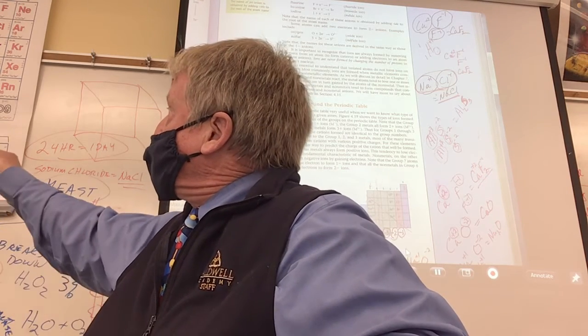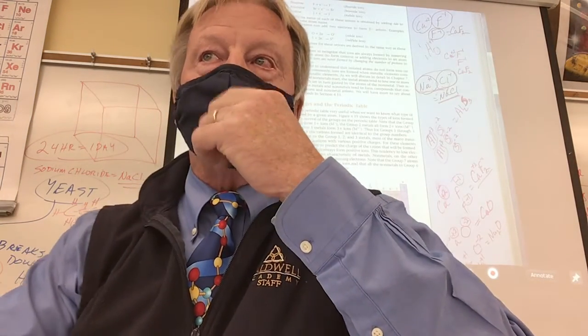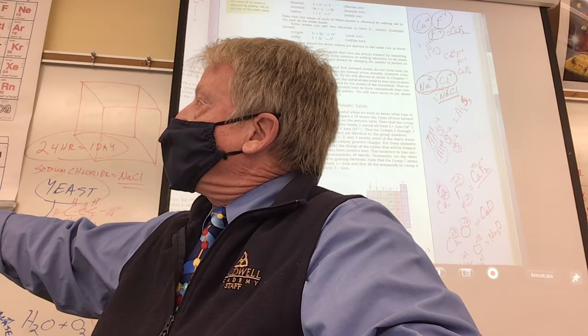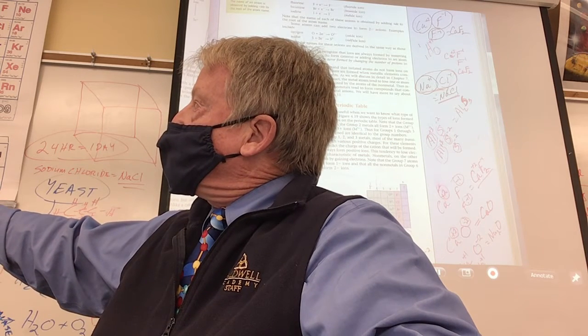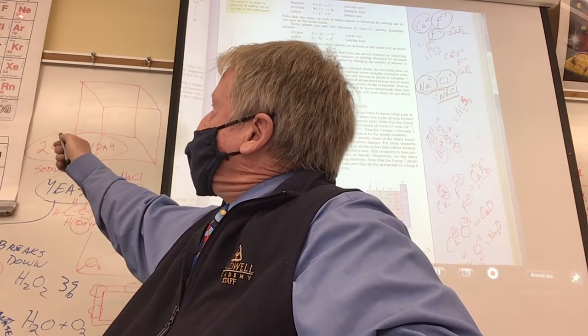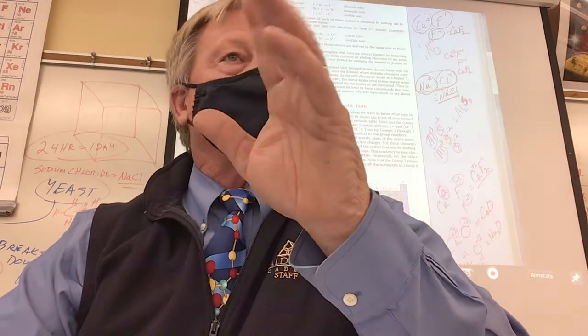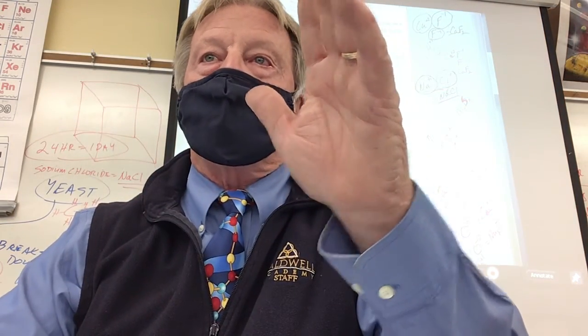1A, 2A, 3A. You know that 1, 2, and 3 are not even halfway to 8. They're not even halfway to 8. So if you think I have 1, I'm going to try to gain 7, that's not going to happen. That's too hard in chemistry. But you know what I could do? What if you had 11 and 1 of the 11 is in the outer? What if you lost 1? Then you'd only have 10 electrons, and you know where you'd put them? You put them in the same place. That would be good. And so if you're less than halfway to 8, you're going to get rid of some